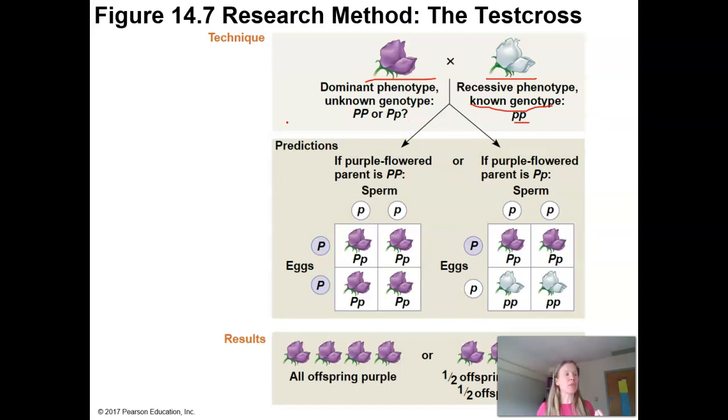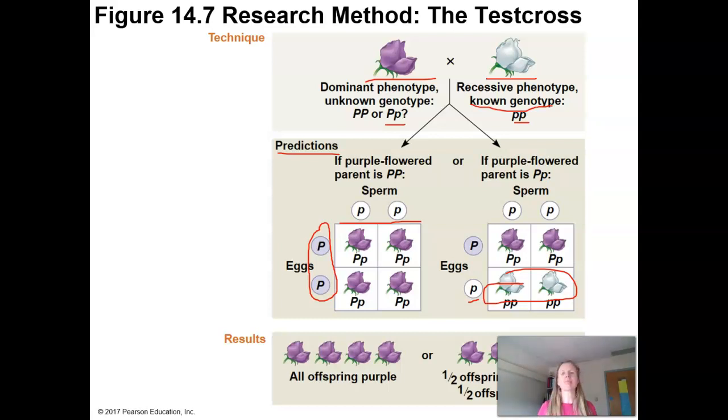They're setting up basically 2 predictions, 2 possible Punnett squares. If it's homozygous dominant and you cross it with a white flower, all of the offspring would be purple, right? That dominant trait is going to show up everywhere. But if that purple flower is actually a heterozygote, that means it's got a hidden recessive trait and 50% of your flowers are going to be white. So that's what they refer to as a test cross. If any of the offspring have the recessive phenotype, then the mystery plant has to be heterozygous.